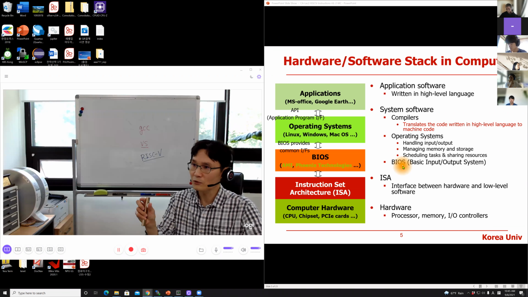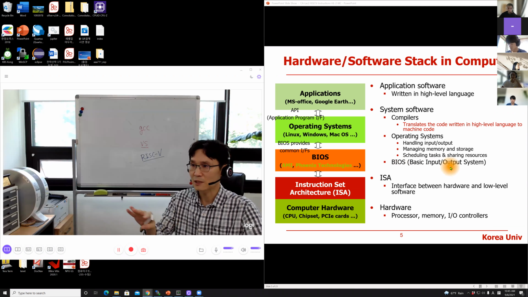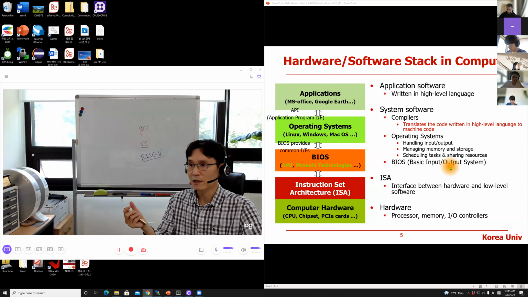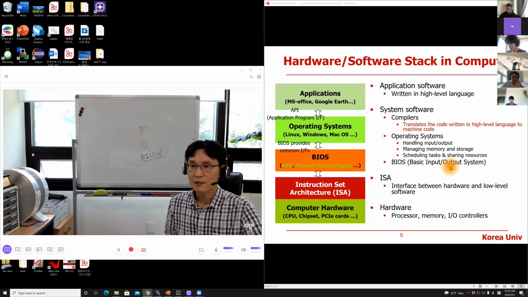How big memory you have, from which company, Samsung, SK Hynix, and what kind of I/O devices you have. This is software, it's scanning your PC to figure out, do you have a keyboard? Okay, do you have mouse? And how big is your storage? Okay, it is scanning, and hands over